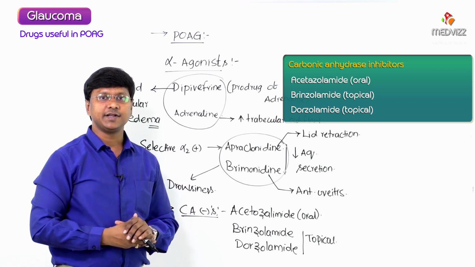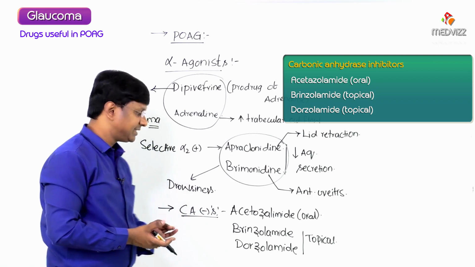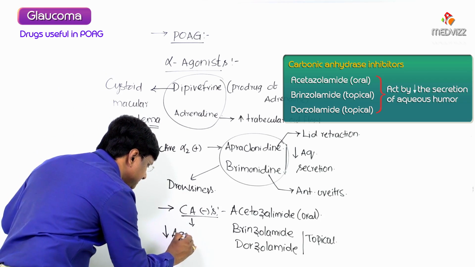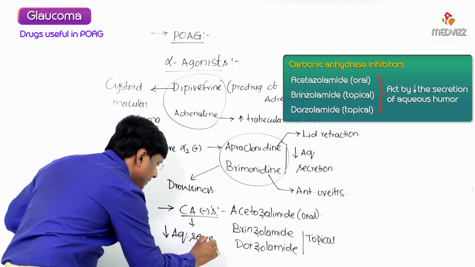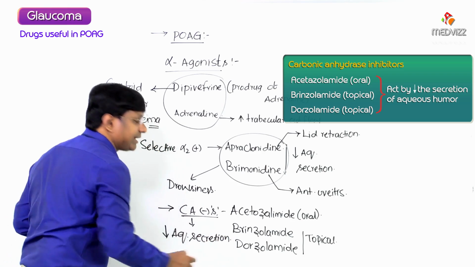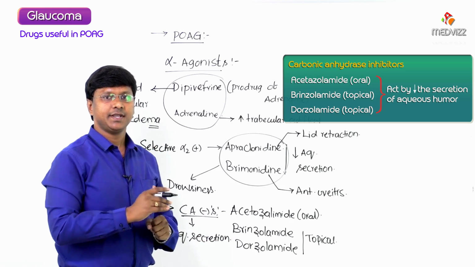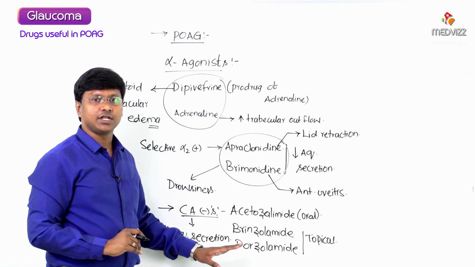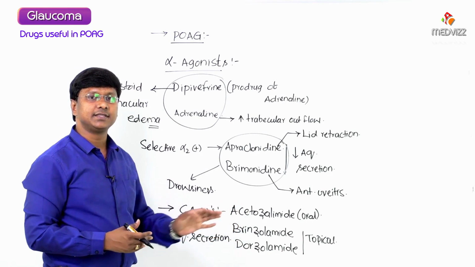So these carbonic anhydrase inhibitors, what do they do? They will decrease the aqueous humor production. Right, they will decrease the aqueous humor secretion. By decreasing the aqueous humor secretion, the intraocular pressure will be reduced and thereby the optic nerve will